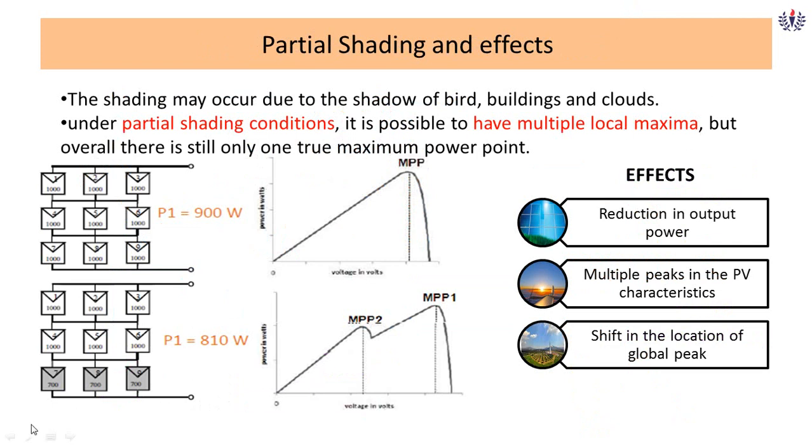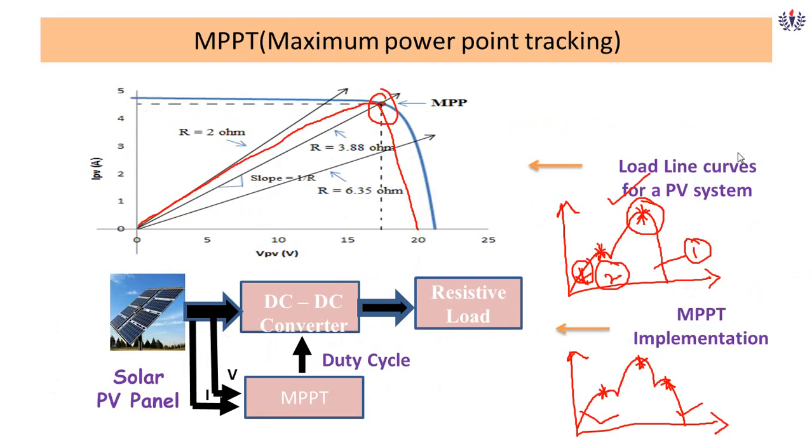Yes, these are all the effects, which we have discussed enough in the last classes. Number one, reduction in power output. Number two, of course, partial shade will introduce steps in the IV characteristics and multiple peaks in the PV characteristics. Depending on this, as I told you in the previous example, your global maximum power point is always subject to shift, so it will change with the type of shade occurrence. This will always happen whenever there is shade, whenever there is a change in irradiation.